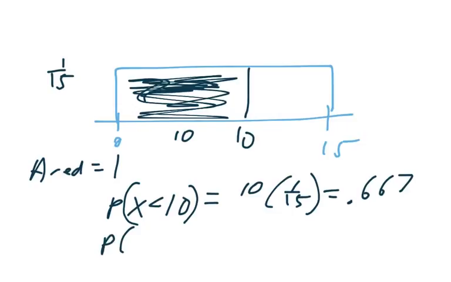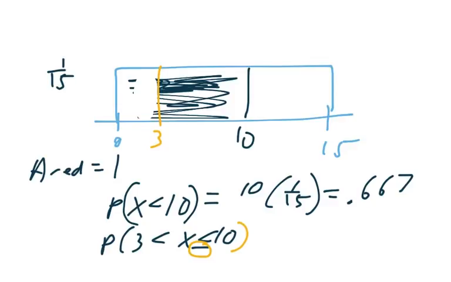What is the probability that 3 is less than x is less than or equal to 10? By the way, this "or equals" doesn't mean anything. If it was there or if it wasn't there, we'd get the same answer, so let's not worry about that. So if I'm doing part B and it stops at 3, I need to only have the area shaded in between 3 and 10, which has a base of 7. So 7 times 1/15 turns out to equal